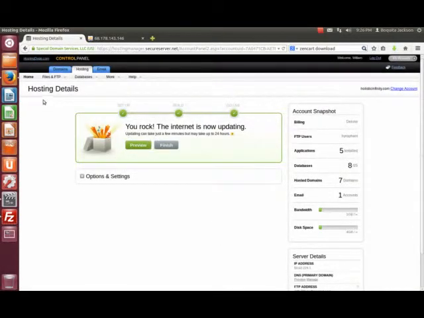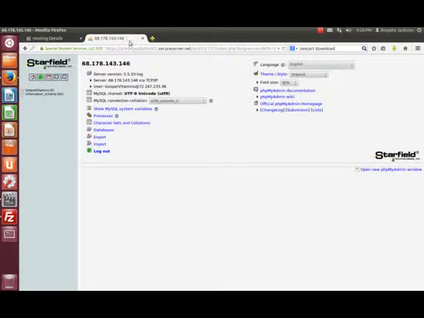So since we installed it by hand, we're going to have to go directly through the domain. So by default, the name of the folder that has the files in it to finish the installation is admin. So you type in gospelvitamins.com/admin,